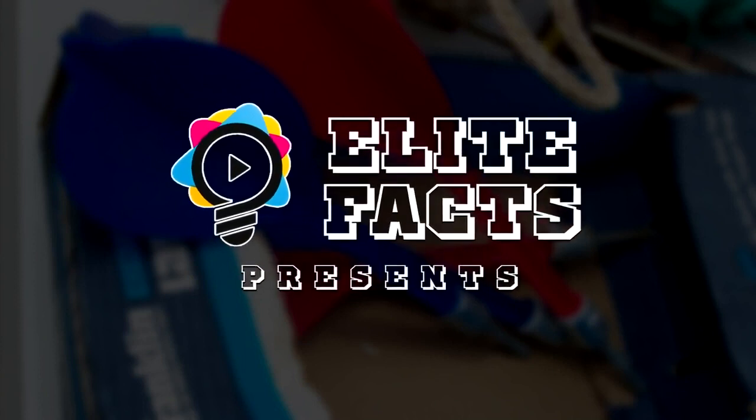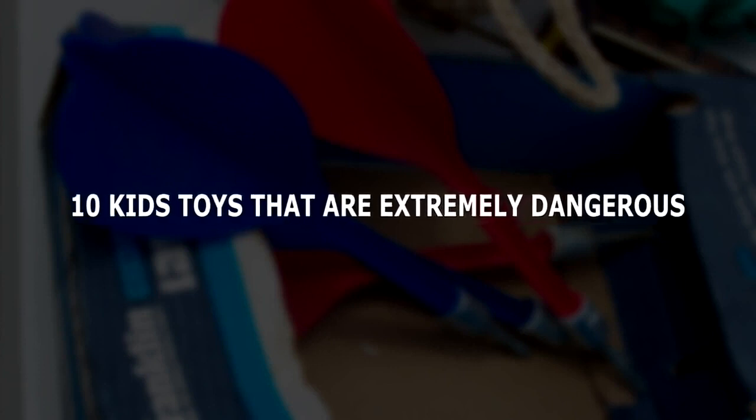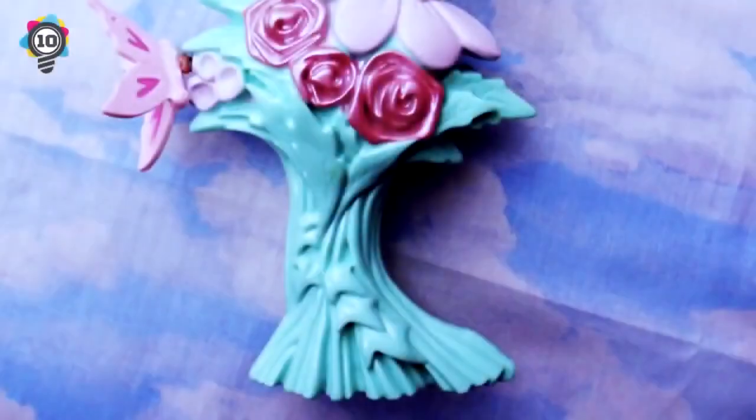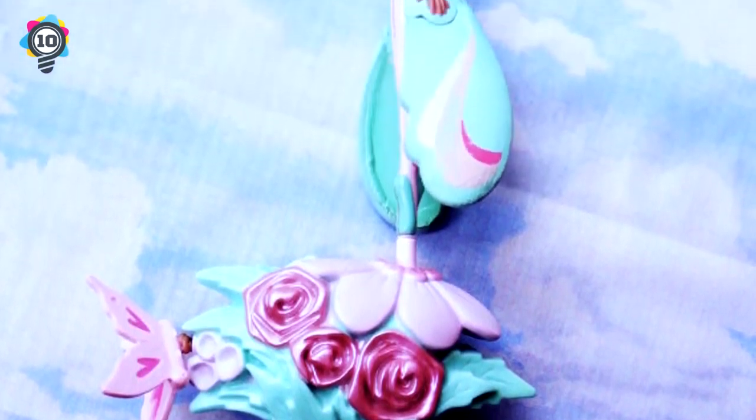Elite Facts presents 10 kids' toys that are extremely dangerous. 10. Skydancers. Looks harmless, right? Well, come back to us when one of these things takes your eye out or chips